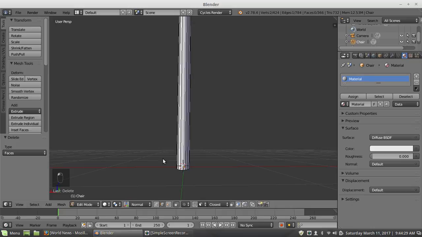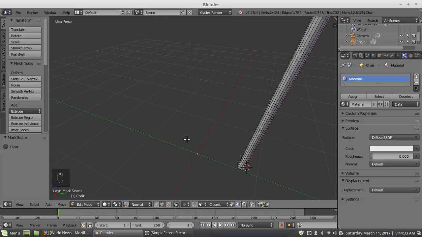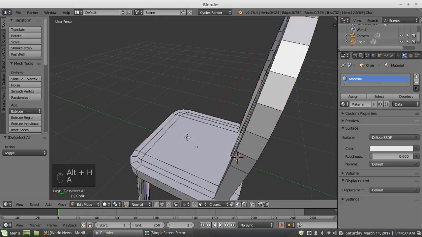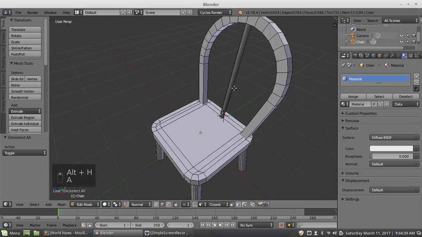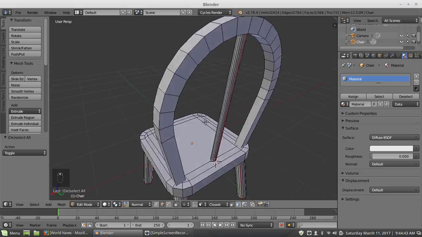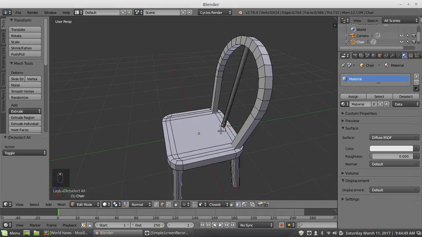Select the edge, Control E, mark for seam. I wanted to say mark for cut, but I know that's not the case. It's mark for seam. Unhide everything. And now that will be ready for unwrapping, because if I had the tops and bottoms, I'd put loops like I did on the chair bottoms. And you want a long cut because it's a cylinder and it will unfurl when unwrapping.